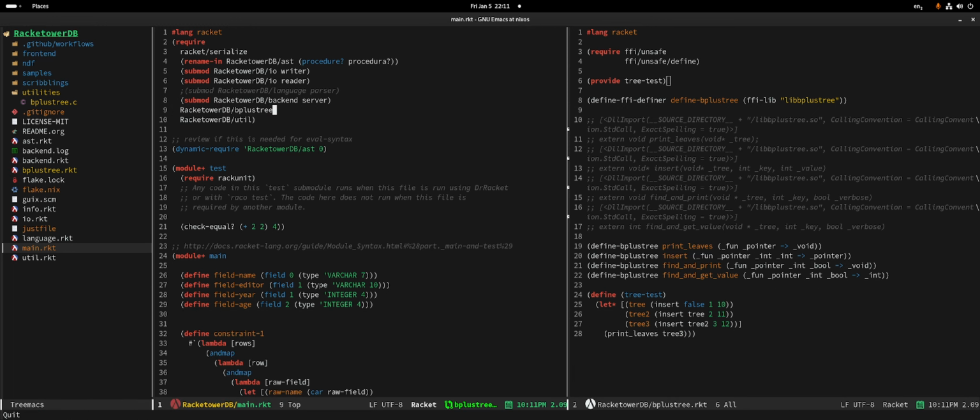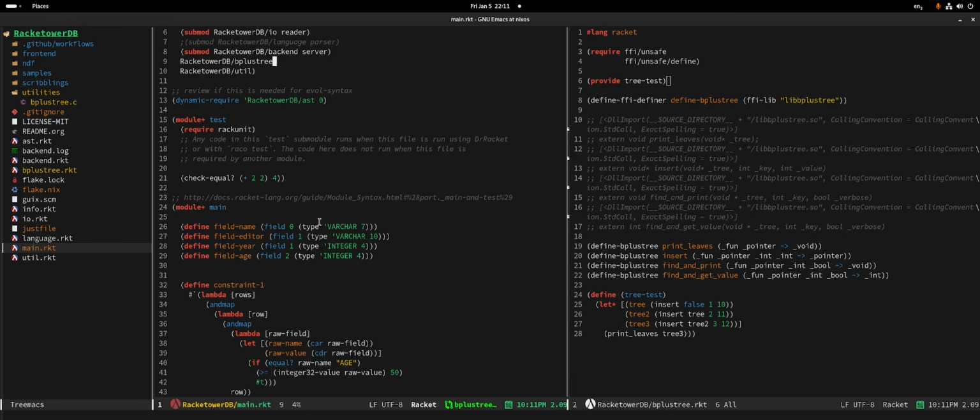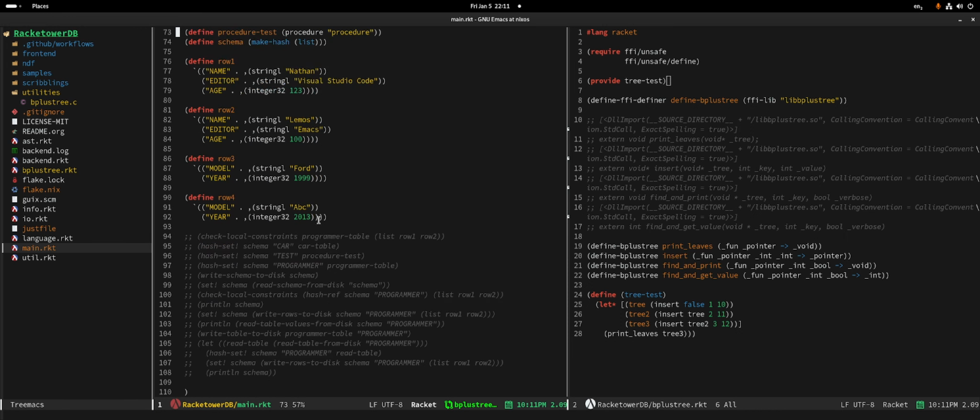Actually, you have to put slash utilities between the RacketowerDB and the B+3, I think, because it's in the utilities directory. No, it's not. Oh, right, it's not. I forgot. You moved it outside. Okay, makes sense. That's fair.